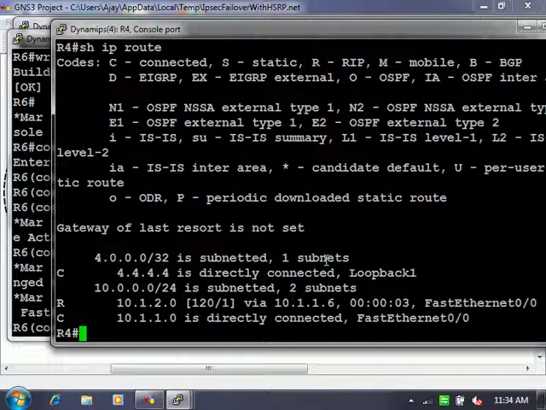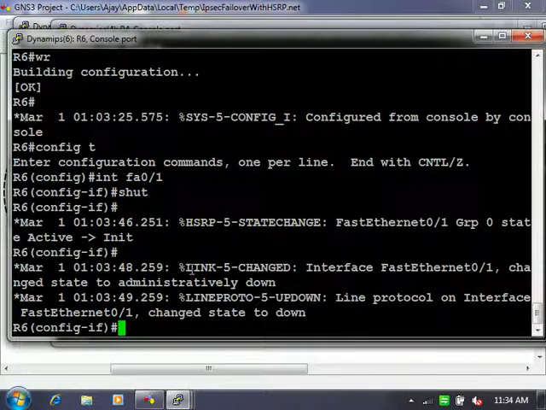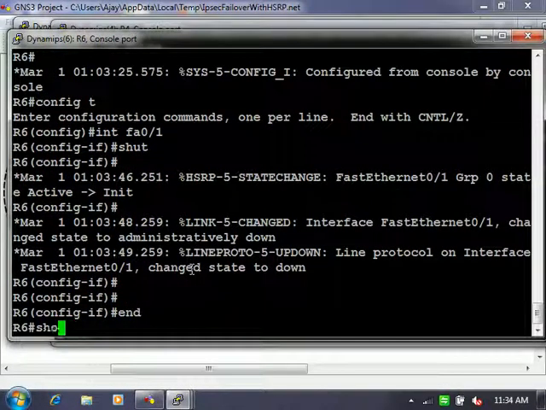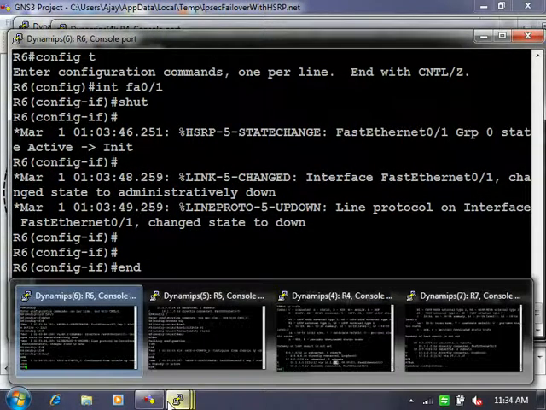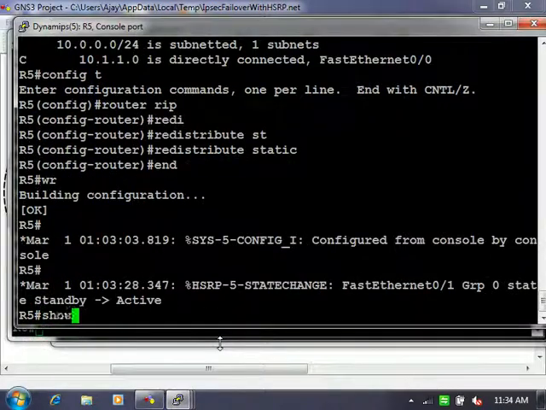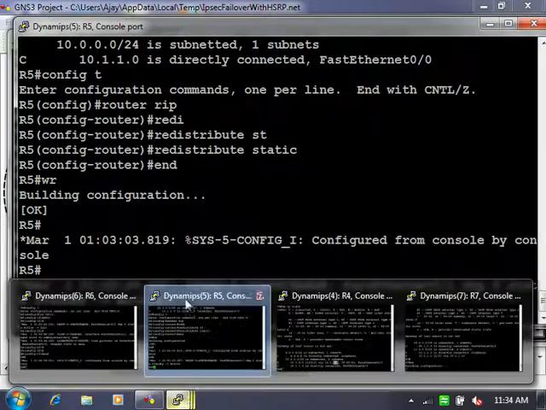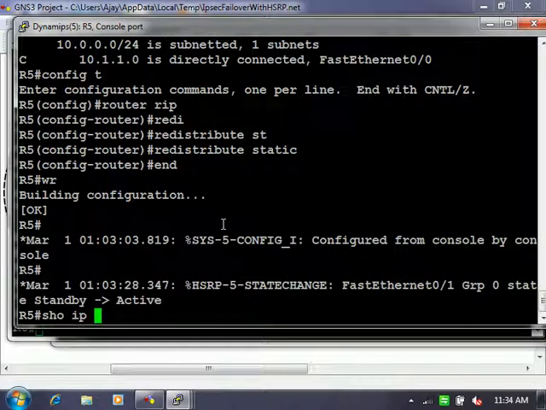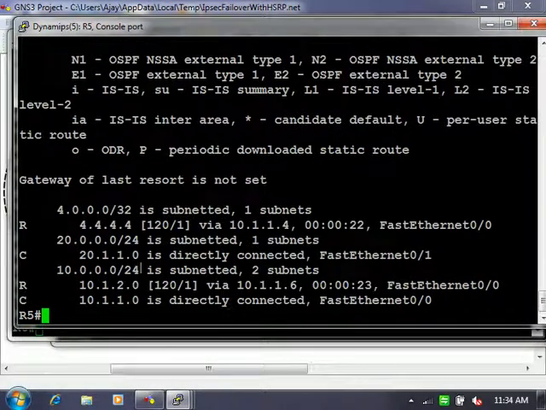R5. Yeah, it became the active, right? It is actually learning from R6. Yeah, because you did not configure the HSRP group at this side. So here is the HSRP group.